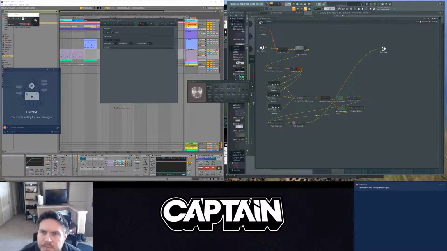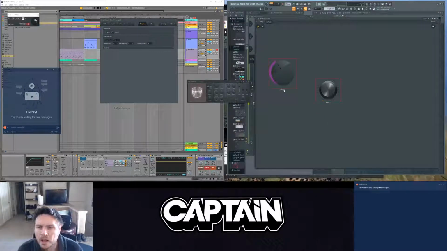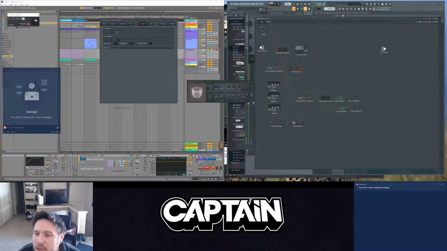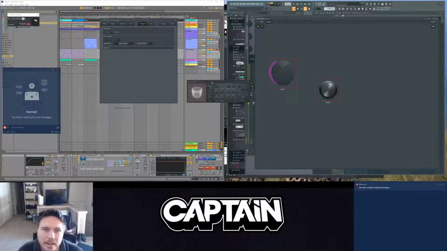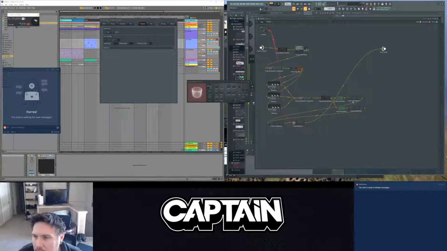Decay. Knob. Rename. Reverb. It's so ugly, but who cares if it works, right? Map. Reverb. All right. And I'm losing some juice right around here where I'm doing this, but that's really